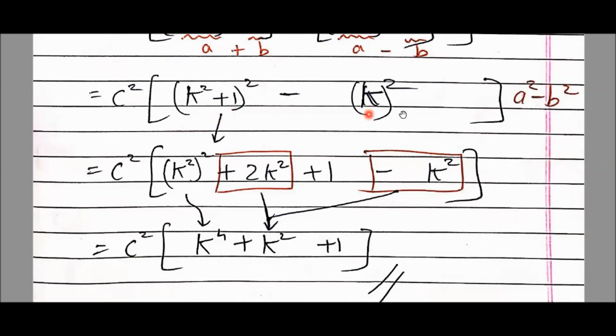K square plus 1 the whole square minus K square. Now I'll apply A plus B the whole square का formula. Understanding? In my submind I am considering K square मेरा A है, 1 मेरे लिए B है, so it's like A plus B the whole square. A square plus 2AB plus B square. So K square का square, K raised to 4, plus 2AB, तो 2 into K square into 1 is 2K square, plus B square means 1 का square, तो 1. This minus I copied here as it is minus, K square as it is copied here as K square.